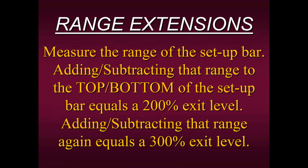Measure the range of the setup bar. Now, I know a lot of you may right off the bat be confused, say, I don't even have any idea what a setup bar is. Think of any strategy. I don't care if it's one of mine, one of yours. It could be based on fundamental news. It could be based off of indicators. It could be based off the full moon. I really don't care. But every time all the rules of whatever your method is,